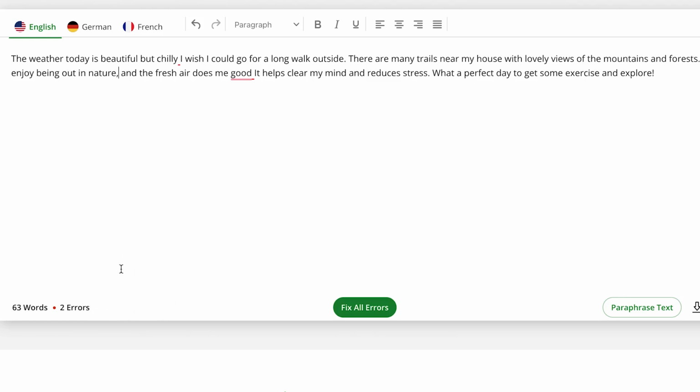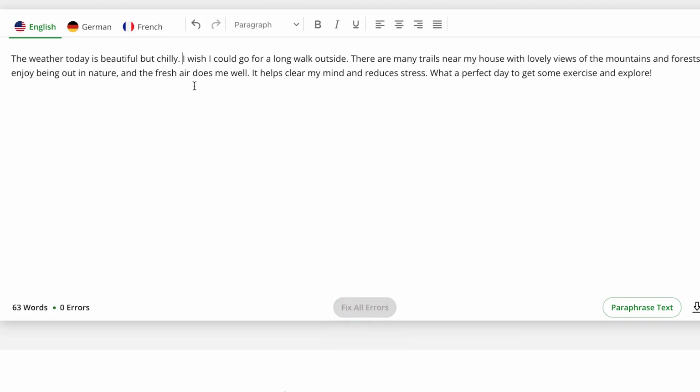And you have 2 more left. One is this one, which is "does me well," so you can just correct it if you want, and you can do that as well. And then you can see that it fixes that, and you have to put another punctuation also after the "well," but then with one click it's going to correct everything and give you the corrected version. So you can see it punctuated this point and this point, and now everything looks professional.